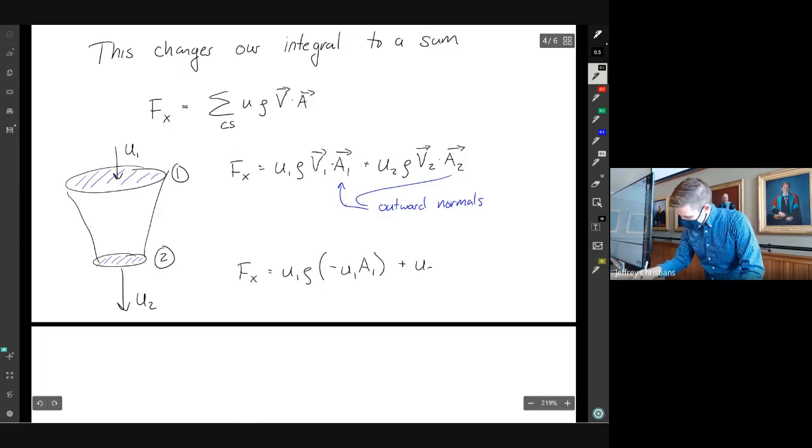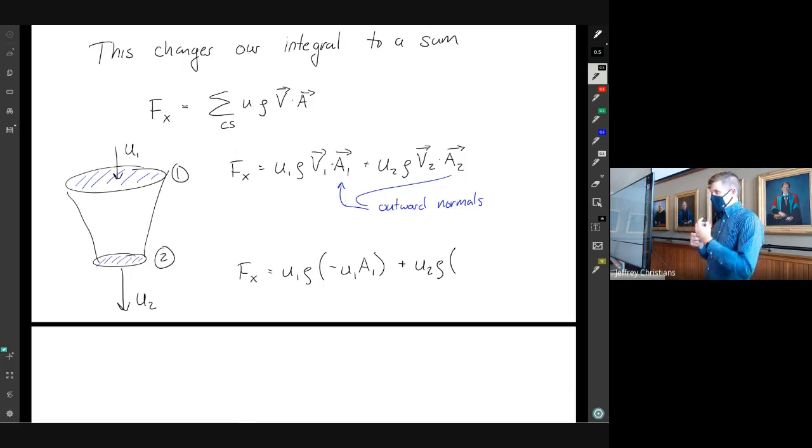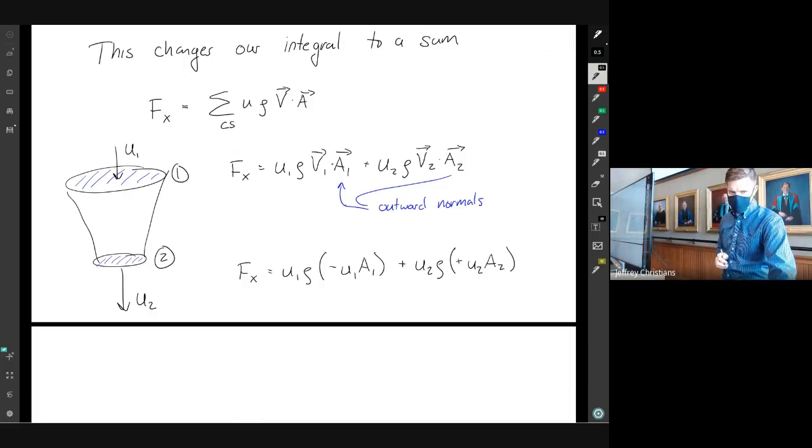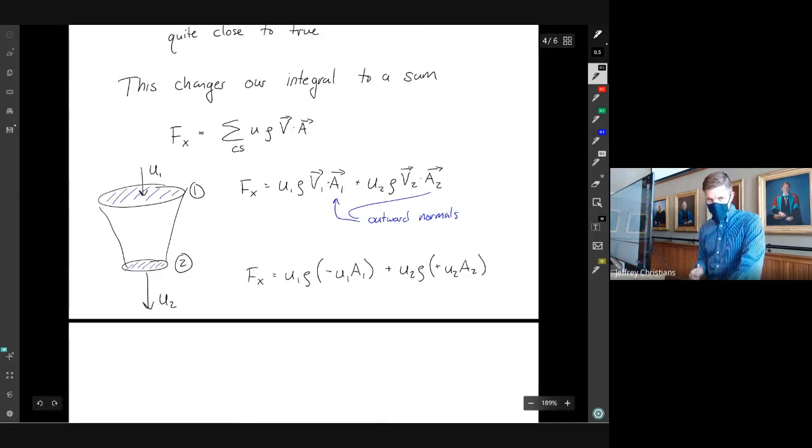plus u2 rho. Now our area and our velocity are both pointing down. They're both pointing out, so that's going to be a positive dot product. So this will be positive u2 A2. Okay, so our net force,